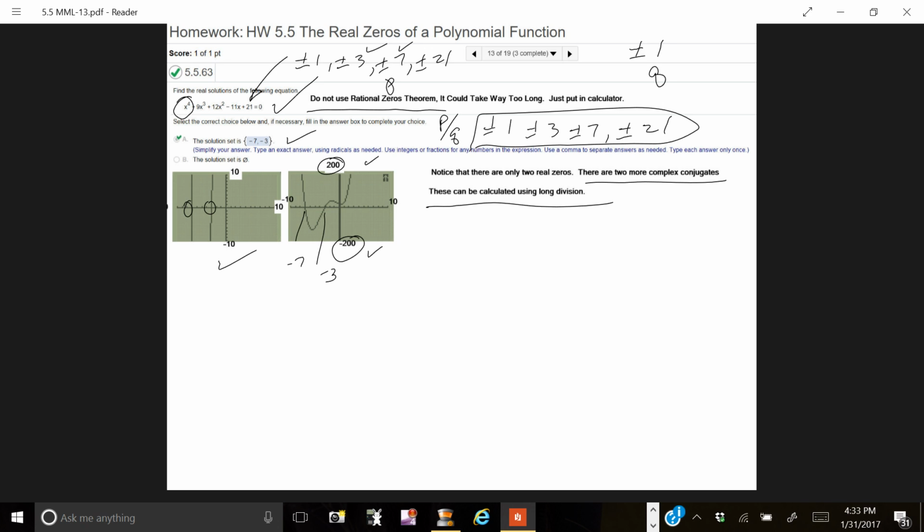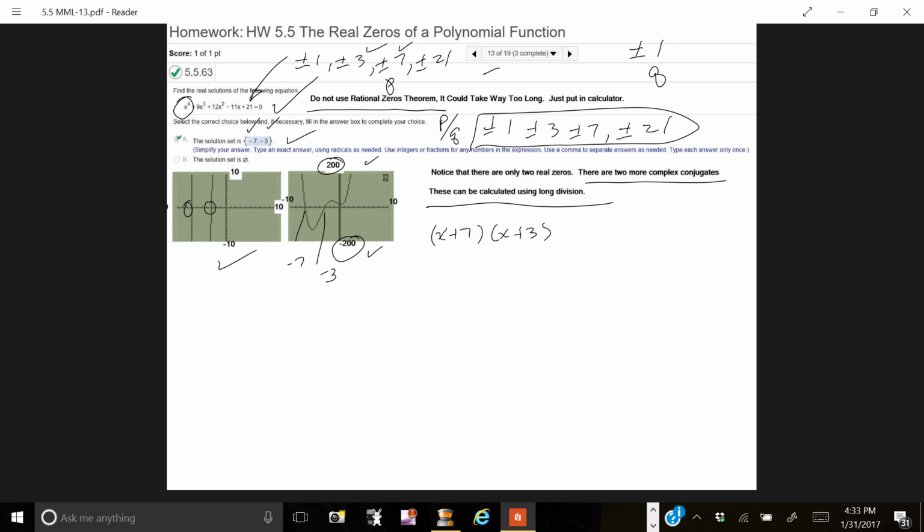Now, in this particular problem, in homework 5.5, I believe it was number 13, they didn't ask you to do that, but I can briefly show you, using long division, how you could get to the complex conjugate zeros. Basically, since the zeros are minus 7 and minus 3, the factor has got to be x plus 7 times x plus 3